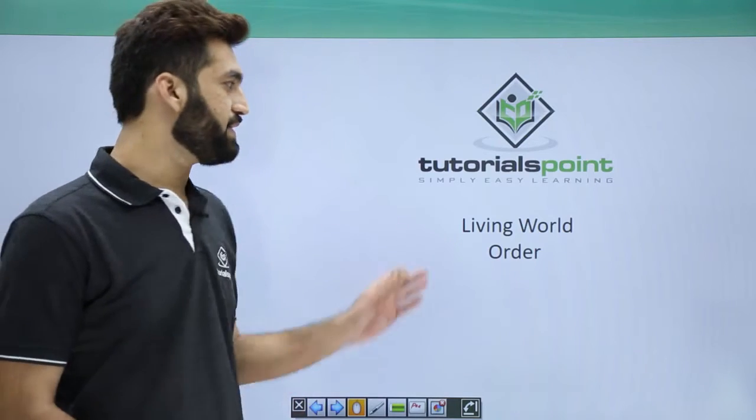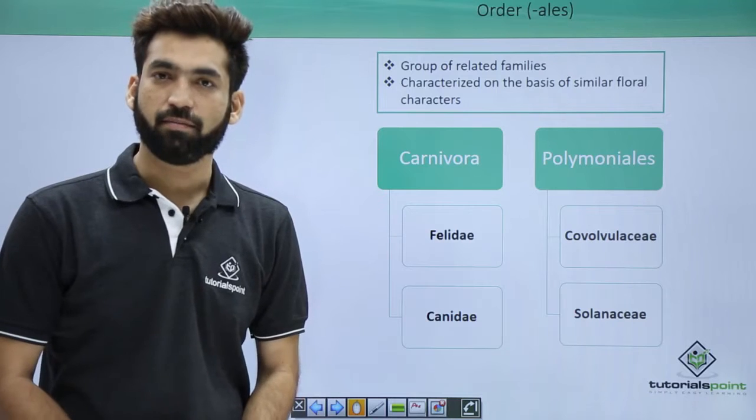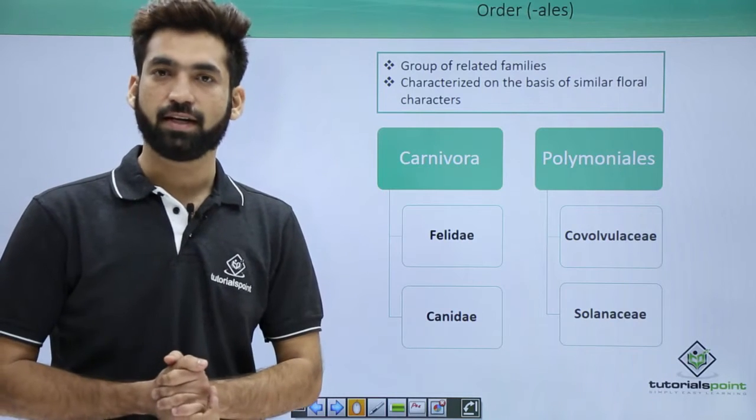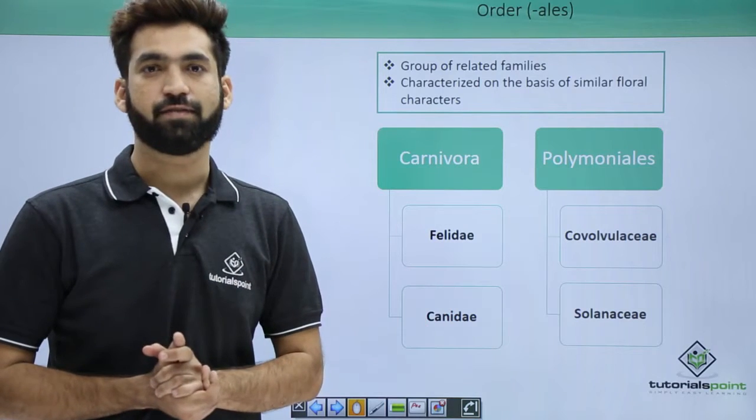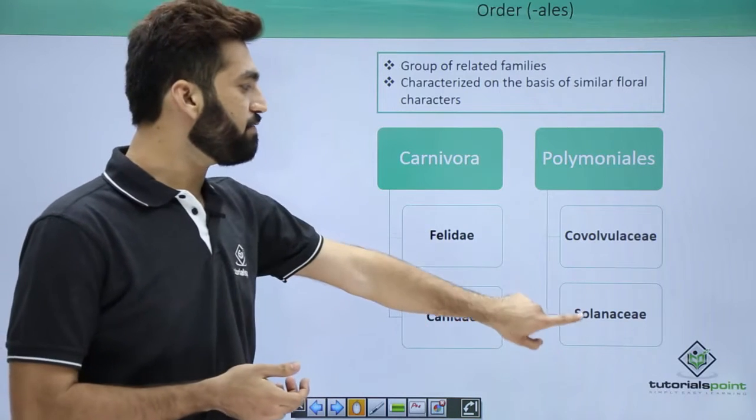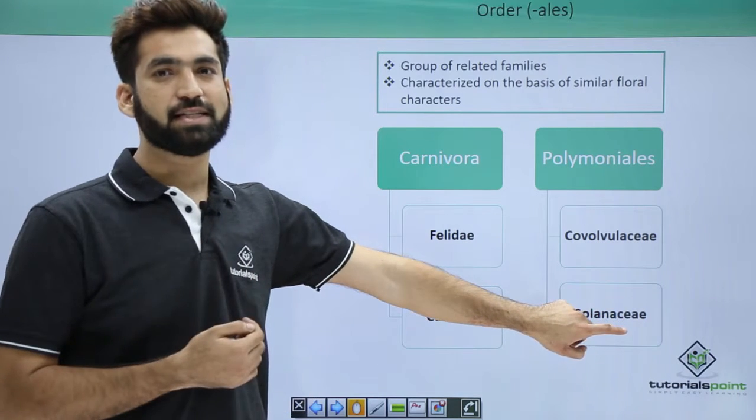The session will basically talk about order. Now, we have already discussed families. Those were the conglomeration of related genera, and order is the conglomeration of related families. So we have discussed one of the families, Solanaceae, where we talked about various genera like